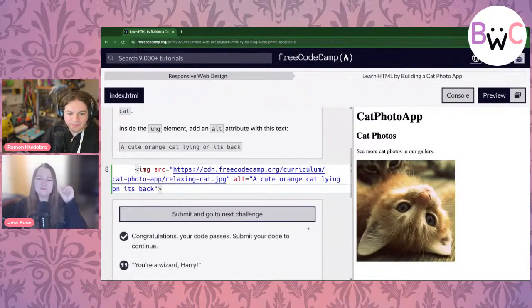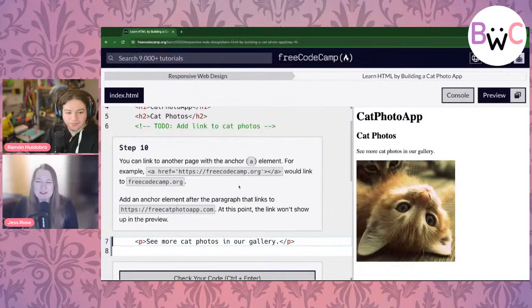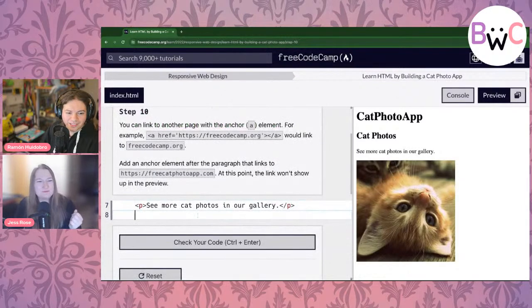Let's keep going. So Jess, if I can call you Jess, it doesn't always have to come before the src. When we don't know a question, we can look it up, we can ask somebody else, or we can get weird, we can experiment. All of these are my favorite routes. So no, you're good. We've got a link, and that's using the A tag.